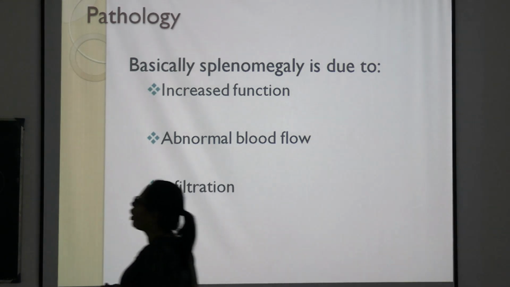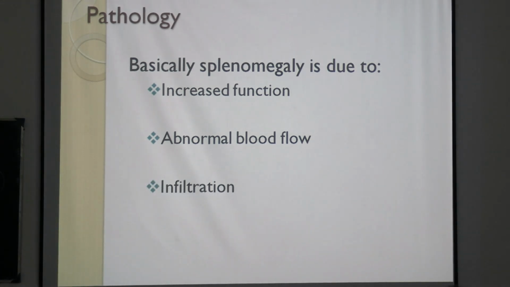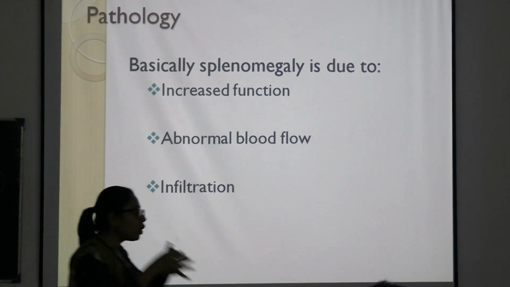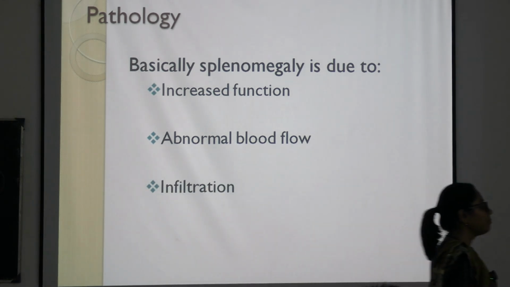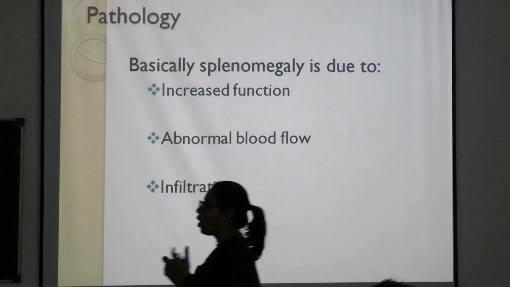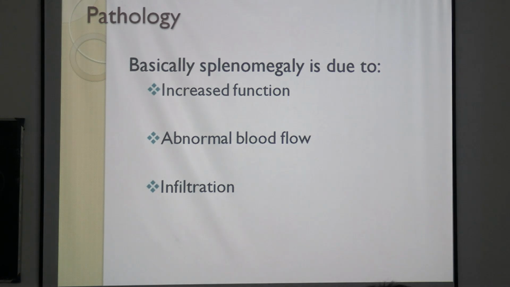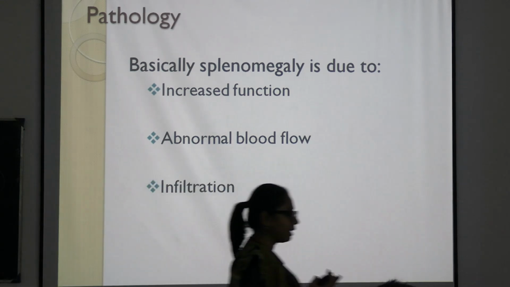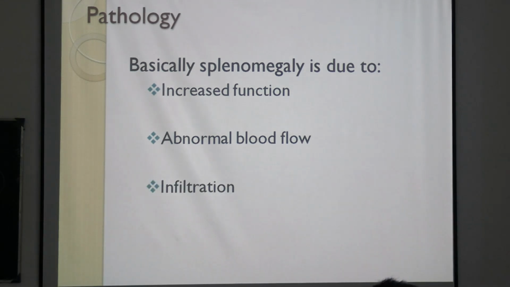So what is the pathology of splenomegaly? Why does splenomegaly happen? Basically either the spleen has to be overworked or something has to accumulate within the spleen. So overwork meaning increased function. When there are some abnormal RBCs, non-functional RBCs or anything like that is forming, that requires to be sequestrated, destroyed inside the spleen, then spleen is working over time. So therefore, splenomegaly will happen.